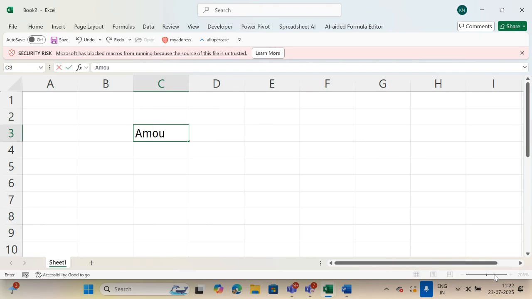So first of all, you should have the loan amount, how much loan amount you want. Then the second is the rate. The third one is the number of installments, or you can say the time.